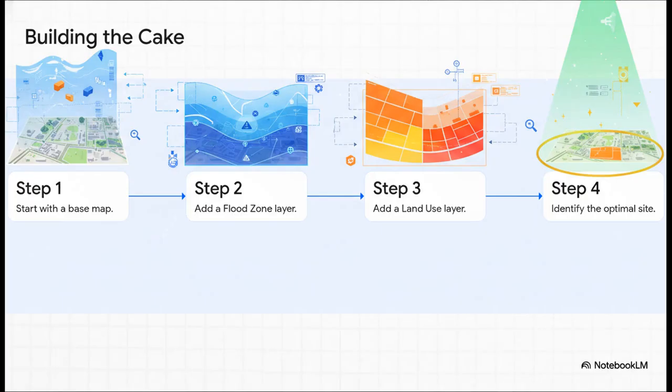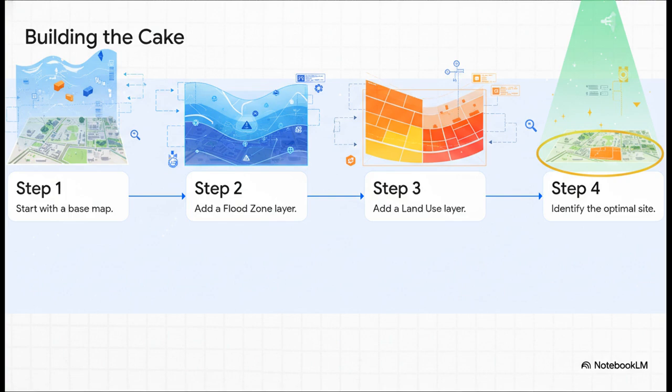You know what? Let's bake one of these planning cakes right now. So you start with your base layer, just a map of the area. Okay, now let's add our first transparent layer. How about the flood zones? See those blue areas? Yeah, we're going to want to avoid those. All right, next layer. Let's add the land use map, showing everywhere that's zoned for new homes. And just like that, by stacking these layers, the perfect, safe, and totally legal spot for a new neighborhood just